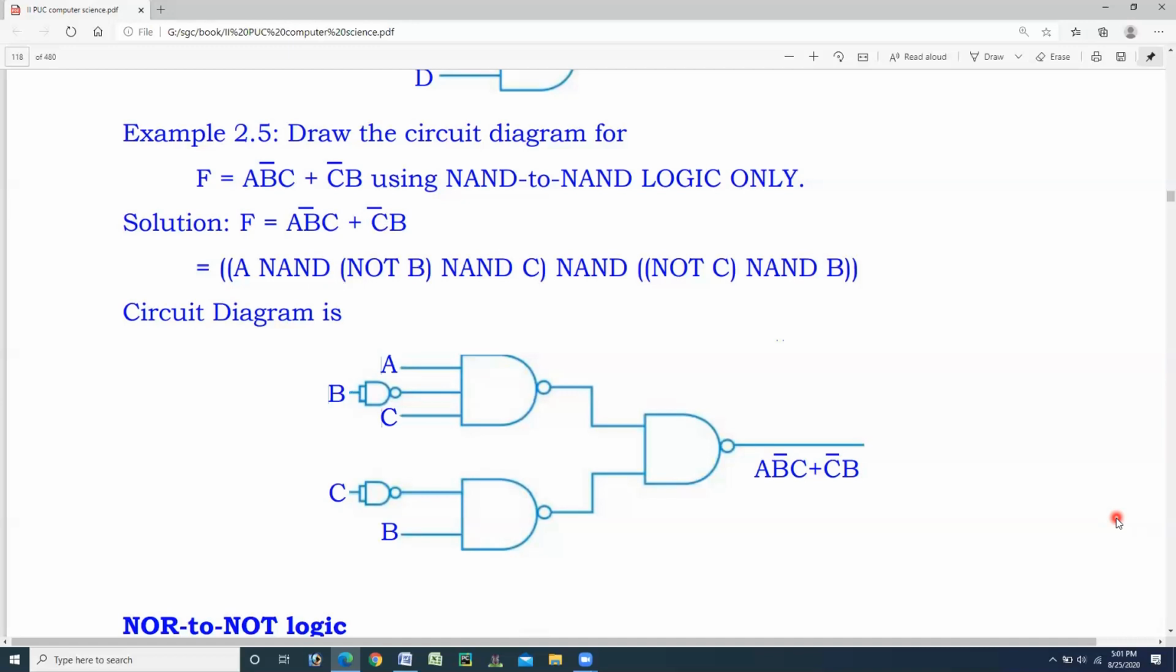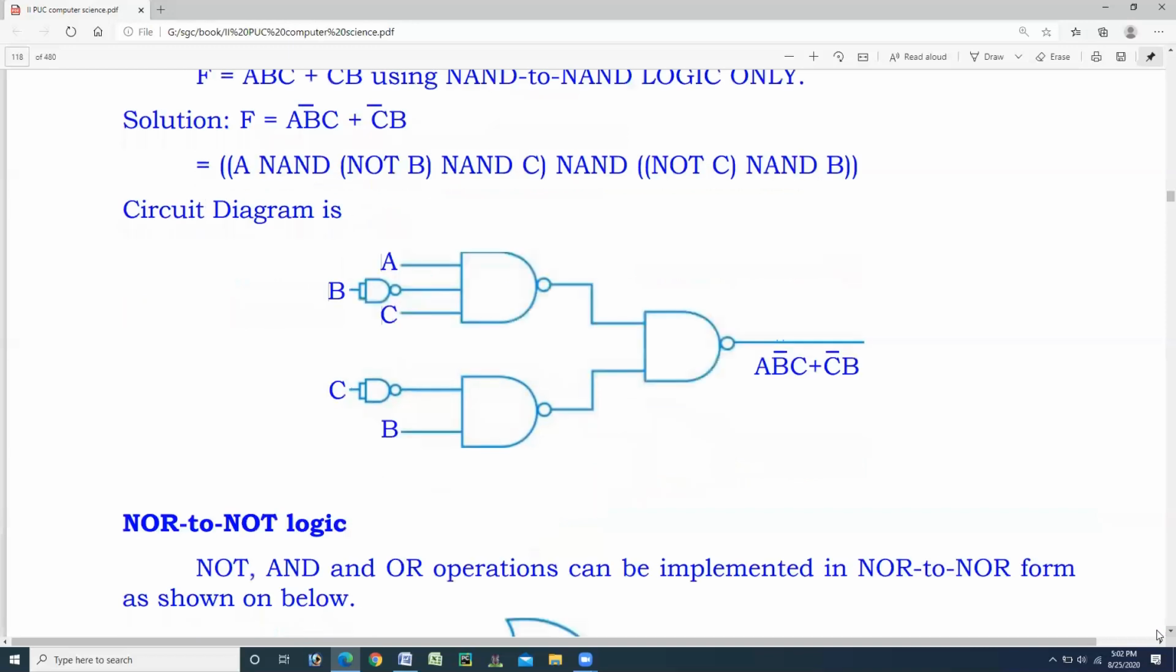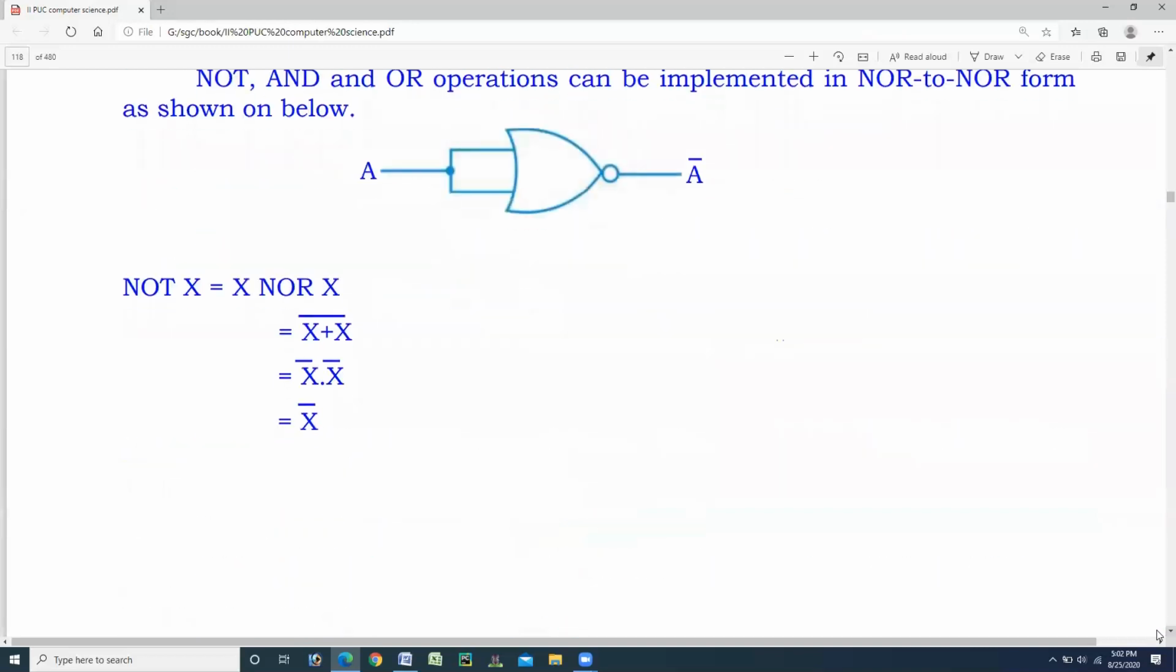This is one part that is very important from the exam point of view. Then one more part we have completed related to that using NAND is the NAND to NAND logic network. In that, only using NAND gates you can design the logic circuits. Then next, one more important 3 marks question that we'll get is